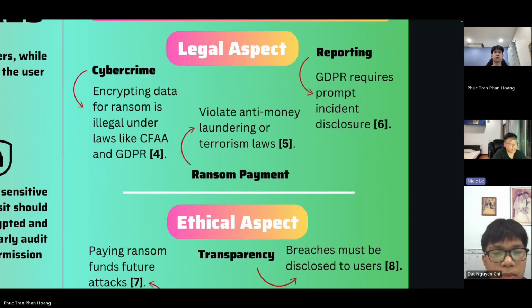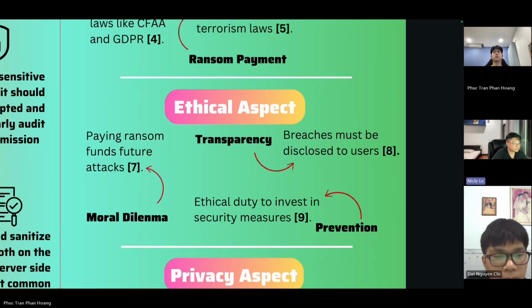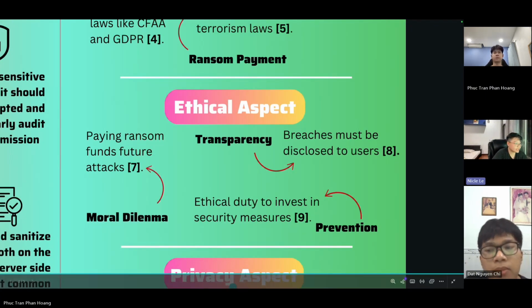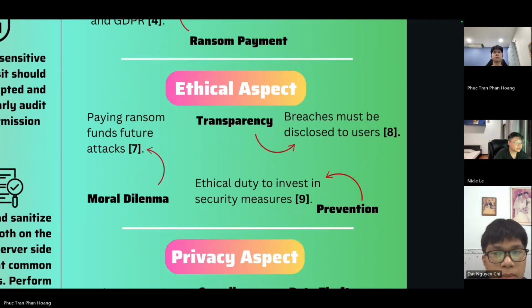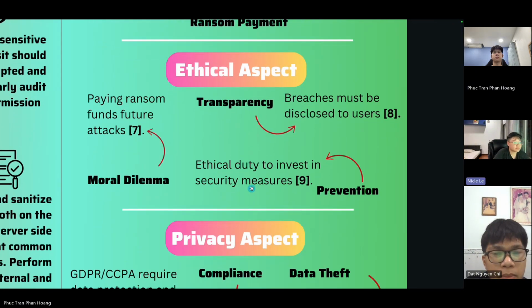Second, we're going to talk about the ethical aspect. Ransomware violates most human morals, such as paying ransom will fund future attacks that make other people continue to deploy ransomware. Breaches must be disclosed to users, so that other companies notify their users that their data is affected. The ethical duty to invest in security measures will make sure that you can prevent further access by the